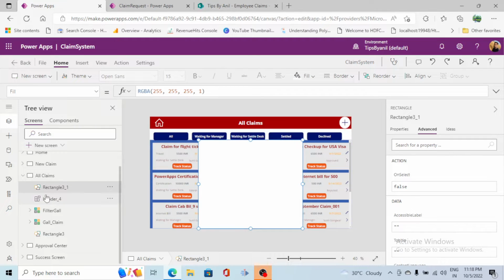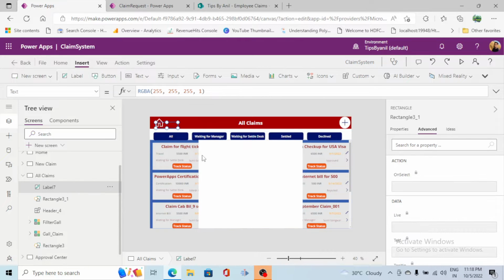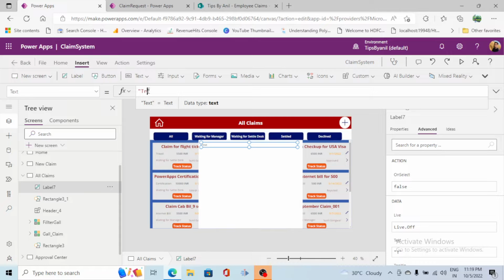Now I will drop the controls here, and I will put the control at the first level. I told you that you can make it responsive. For responsiveness I will create a new video, where I will discuss how you can make things responsive. For now I will go and add a label with the text transaction flow, hyphen, space, ampersand,